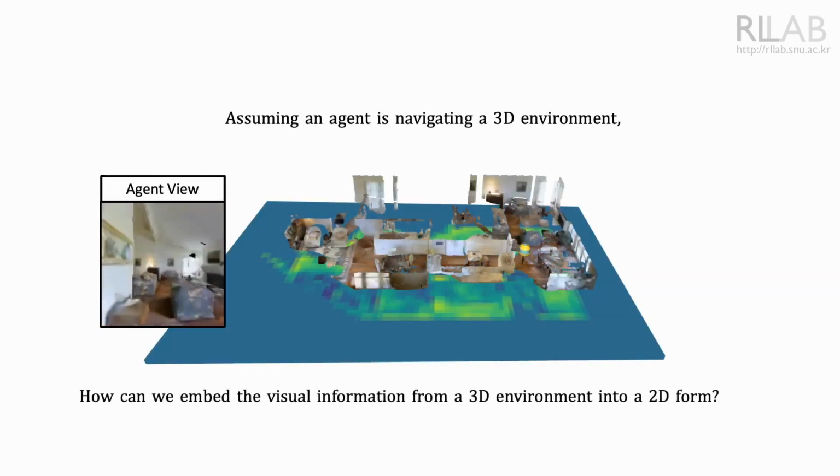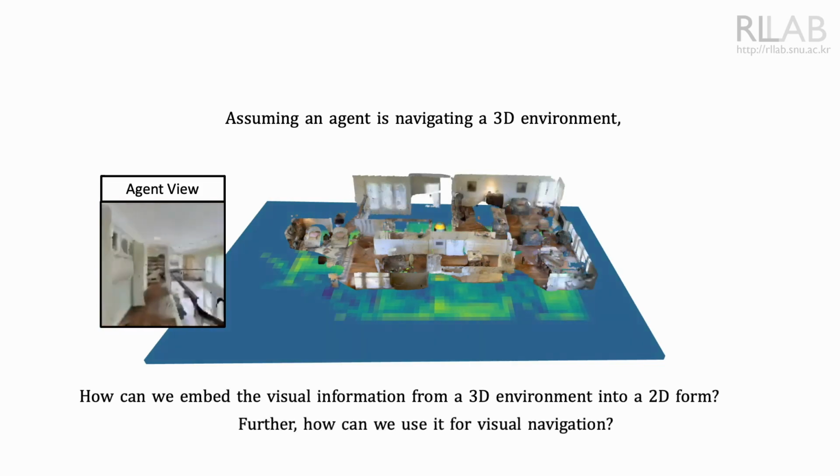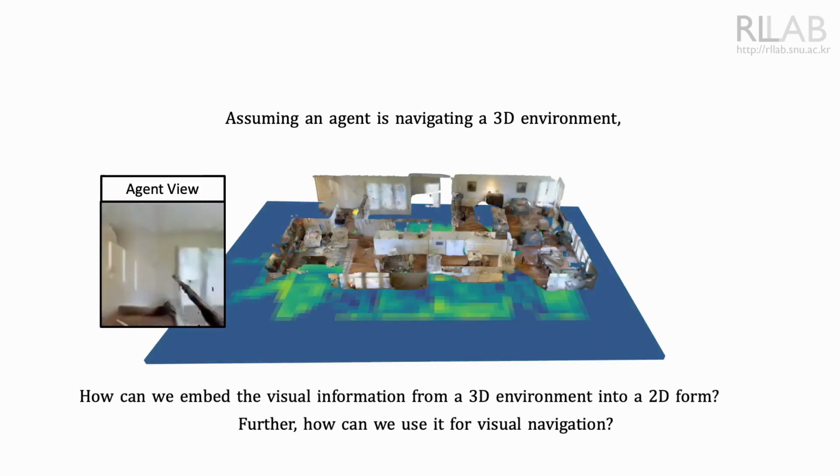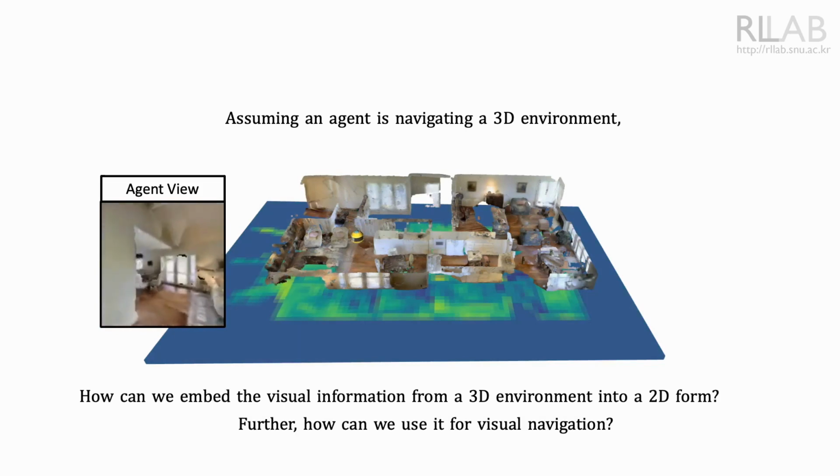Imagine a robot agent navigating a 3D environment. Here, how can we embed the visual information from a 3D environment into a 2D form? And more important,